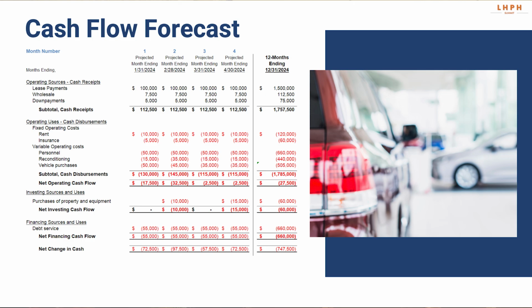Your variable expenses, like reconditioning per vehicle, you'll need to develop an estimate around that. Your personnel costs, again: what's your headcount? What are you expending monthly on a per employee basis? Those are assumptions that you'll need to build in so you can plan for it if you're going to add 20 vehicles a month, or if you're going to add 2 personnel in 6 months, you can really build that into your future cash flow.